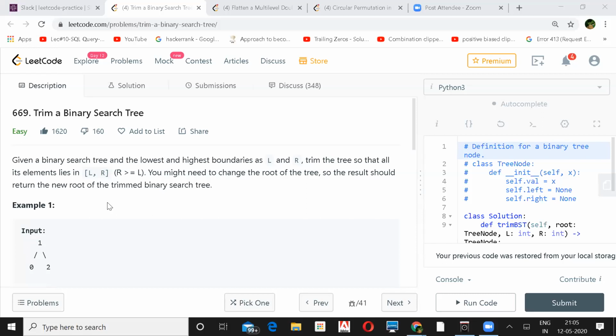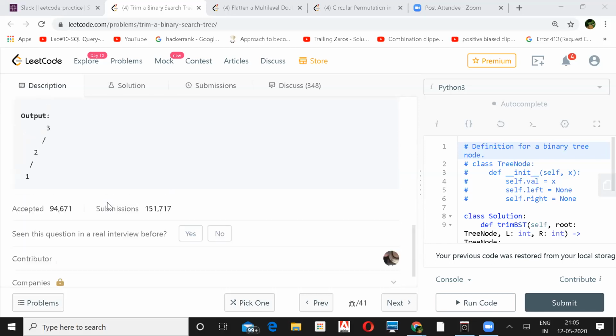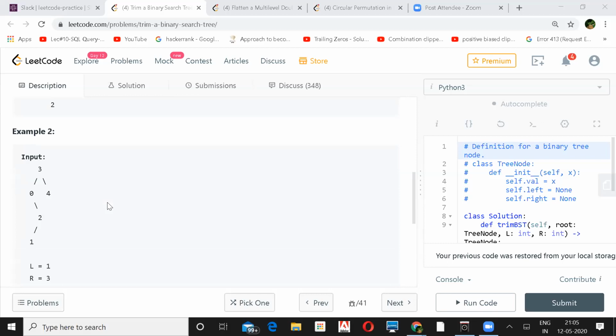So based on that, we can follow the same approach and use recursion here, where we can check if the element is lesser than our boundary range, then we can ignore those elements recursively altogether. And in the same way, if the right subtree is greater than the right boundary range, we can ignore those elements, and we can recursively keep on doing that.